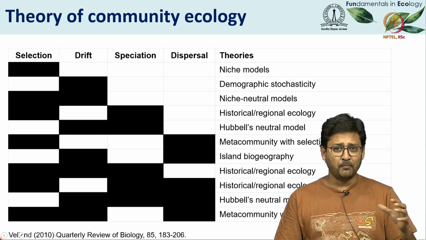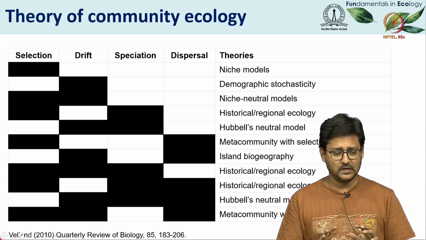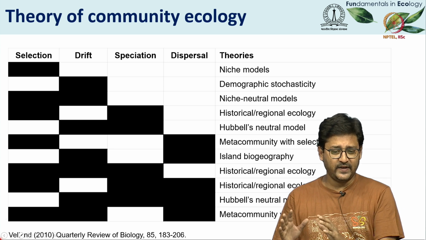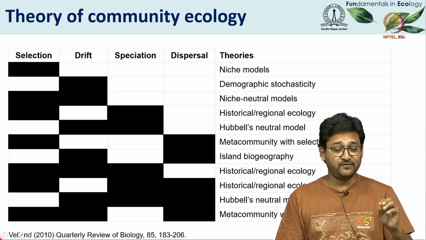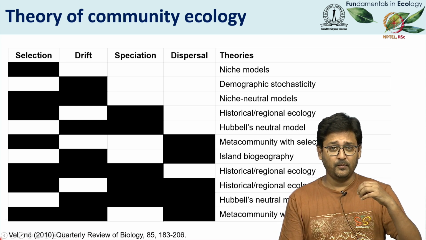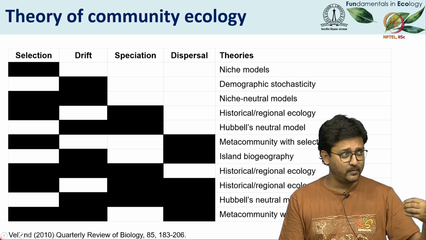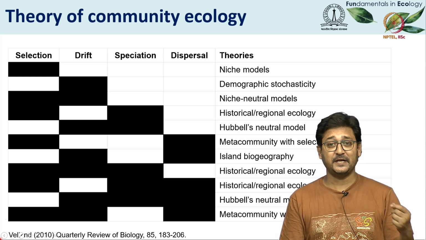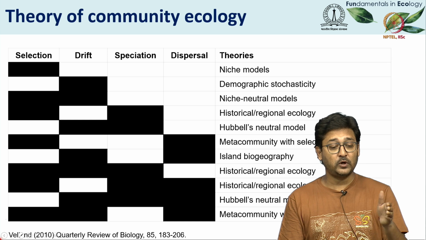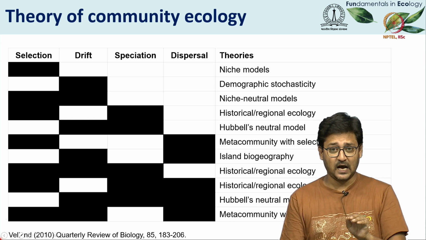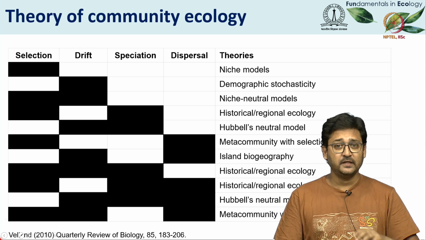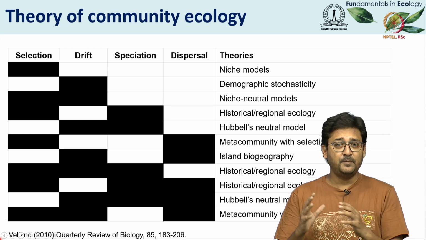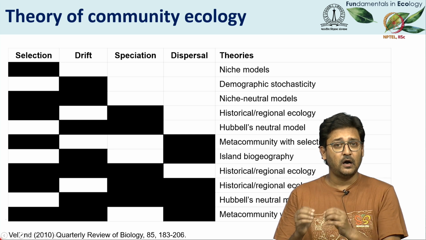Now, if you combine these four various forces, selection, drift, speciation, and dispersal, you get to various theories in community ecology and community assembly. These four forces have analogues in population genetics. If you look at community ecology as asking how species are selected and how the abundance of species changes, therefore changing the structure of communities,